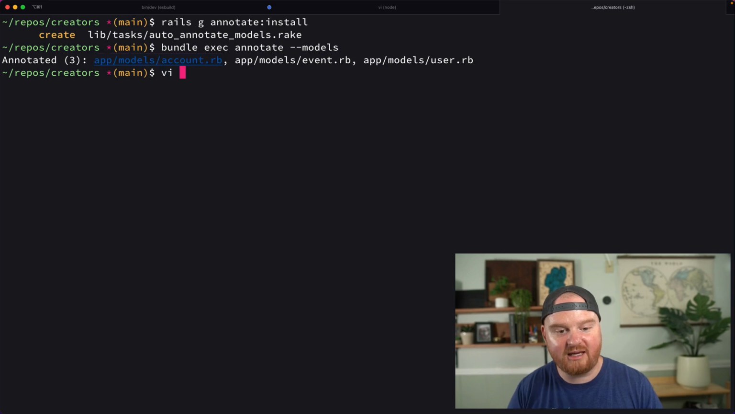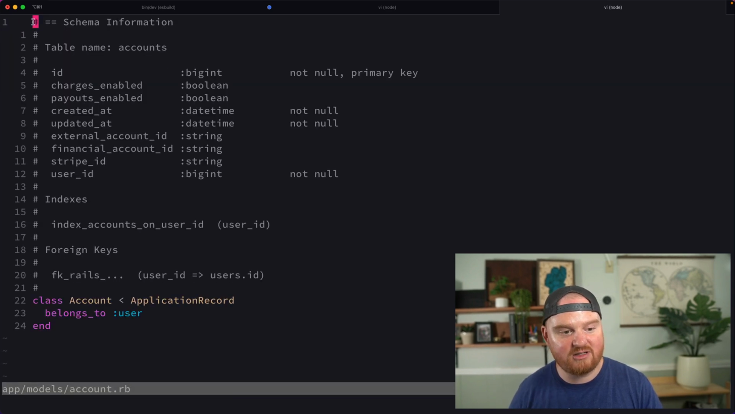So now if we open up the account model, we can see that at the very top there is this big long comment that includes a whole bunch of schema information that can be very handy. If we're working with the account, now we know that it has a payouts enabled and a charges enabled column